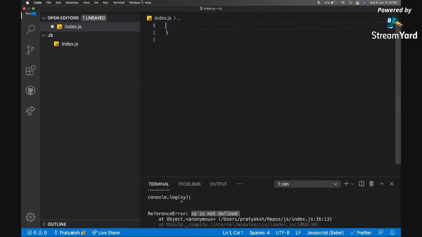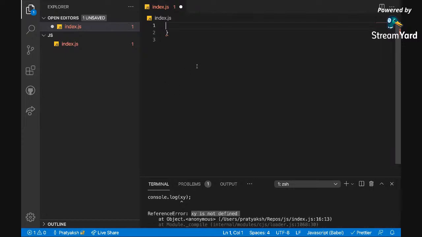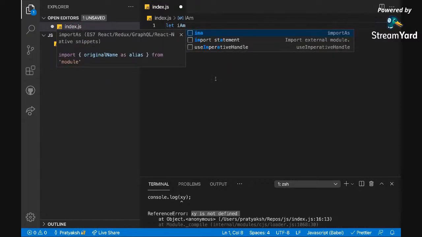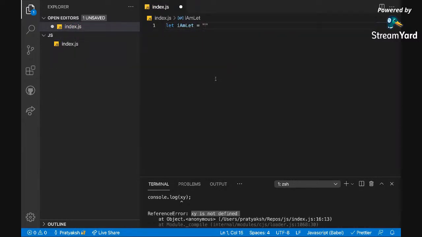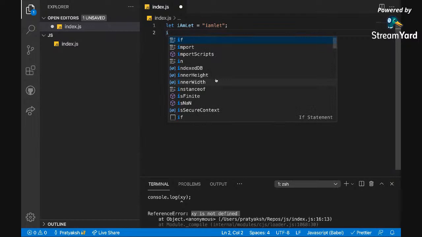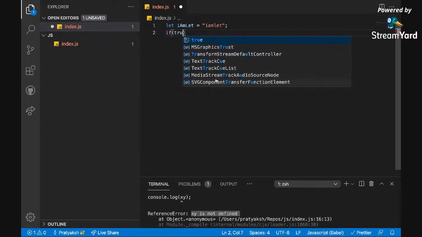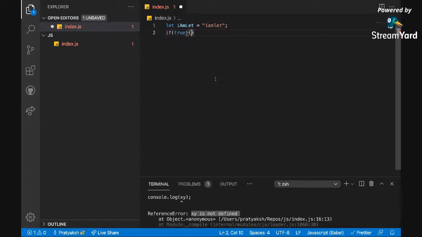Just remove all of this. Let's do one thing. Let's say let I am let. This is our let variable. Then let's say if true. Why am I using this if true? Hope you know what a conditional statement is.